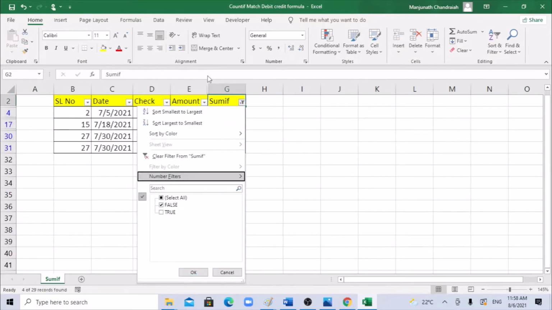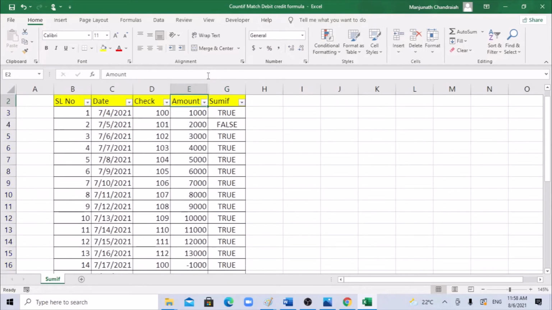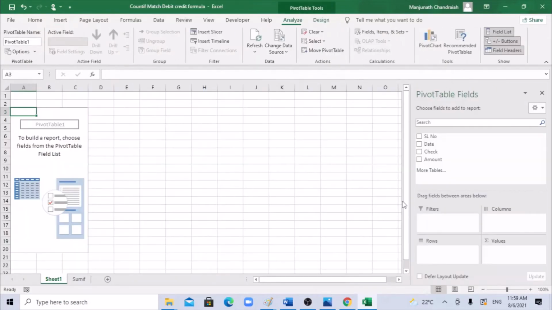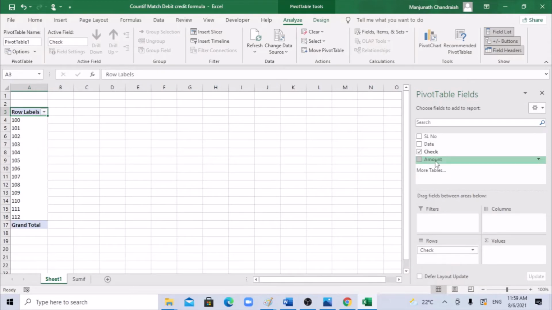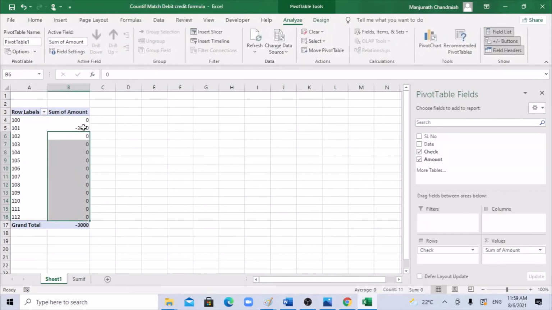True means the entire line item is getting matched. For this we can also use a pivot table. If we select this data and insert a pivot table, we match based on the check number and the amount. Right, so this is all getting knocked off. We have a balance only in check number 101.